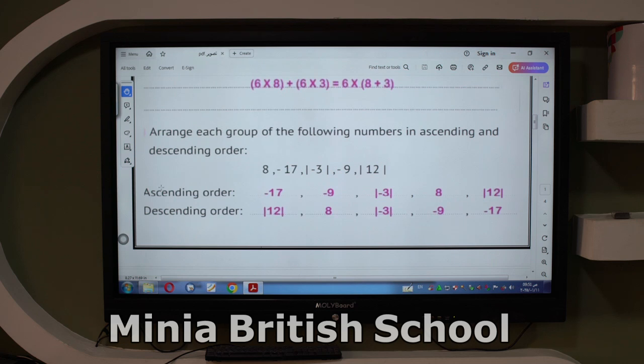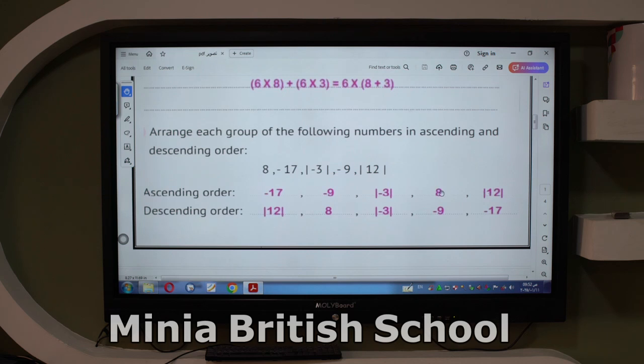Ascending, we said ascending start from the negative. Yes, here, the smallest negative from these negative numbers, negative 17 or negative 9, negative 17 is smaller than negative 9, yes. Then negative 17, negative 9, after that, do you have 0? No, I don't have 0. Then go to the positive numbers. Here, absolute value of negative 3, we said it's equal 3, and 8, and finally,